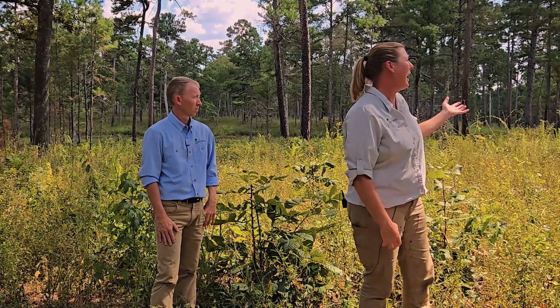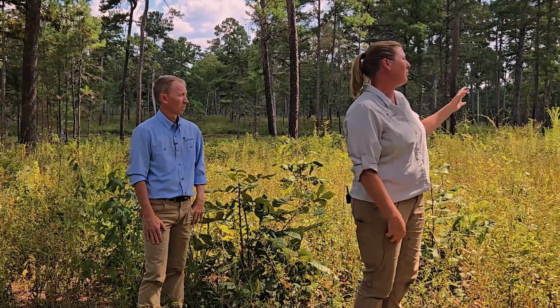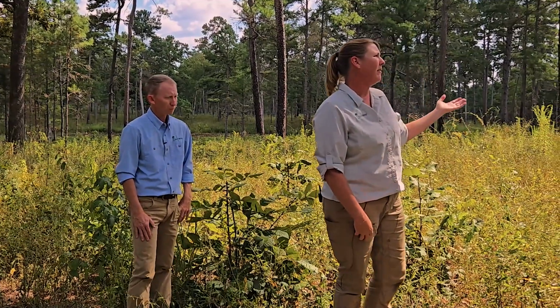Herps in the southeast, we're talking about a very diverse array of species that live in a very diverse array of habitats. So I think that's why this conversation is so important, because when you're looking at burning your land, every place is going to be different because you're going to have a different suite of species. But if we're talking about this environment, the environment behind me, piney woods with some hardwood component, having it open,